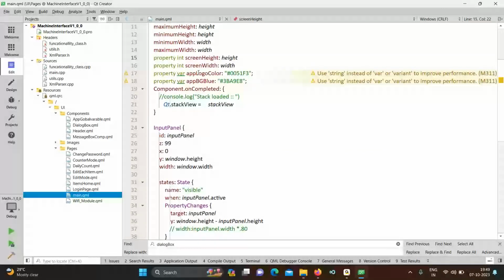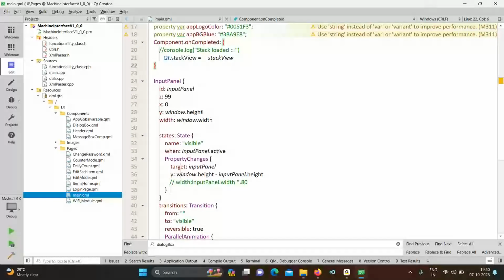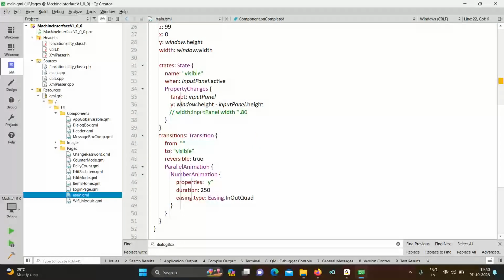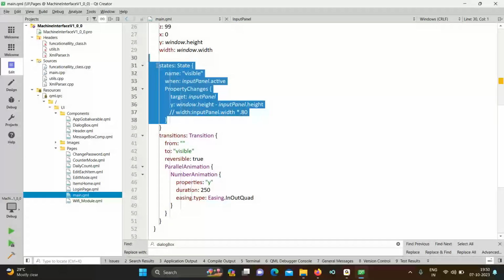App logo color and app background color. Who is going to design this UI? They are going to provide us these colors, so we are going to maintain those colors throughout the application. State that input panel dot activate means this code is going to be used for